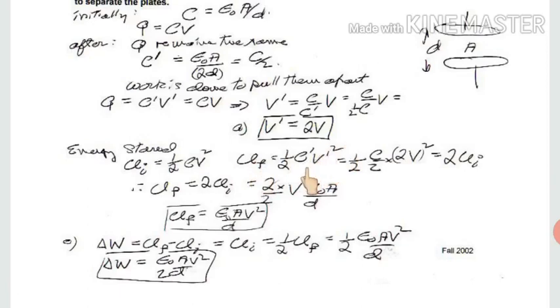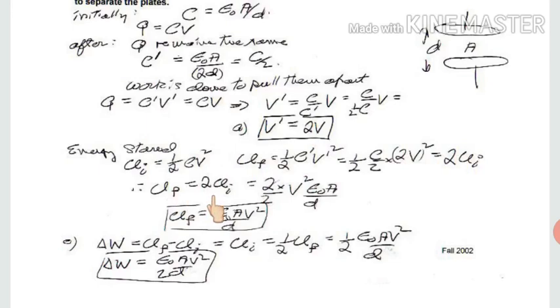Now we know this thing, what is C dash? C dash is C by 2. And what is V dash? V dash is 2 into V. Just now we have derived. Now after solving it, what we will have? In place of half CV square, we can easily write UI. And after solving this, this 2 square will give you 4 and 4 by 2 will give you what? 2. So finally what we will have? 2 UI. It means we can say that UF is equals to 2 UI. Final energy is twice of the initial energy. Okay, I think this thing is clear.